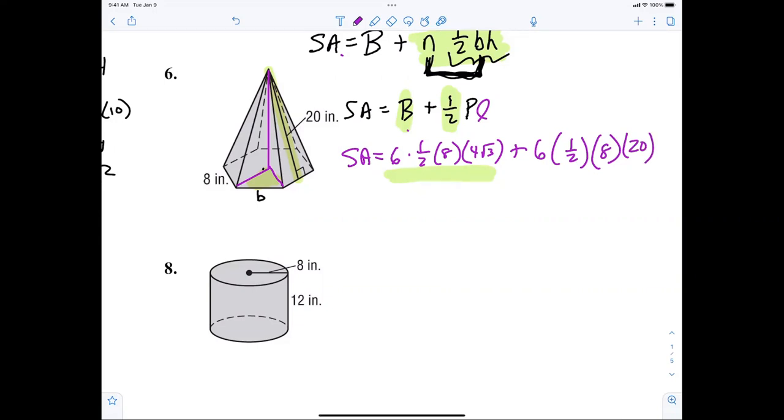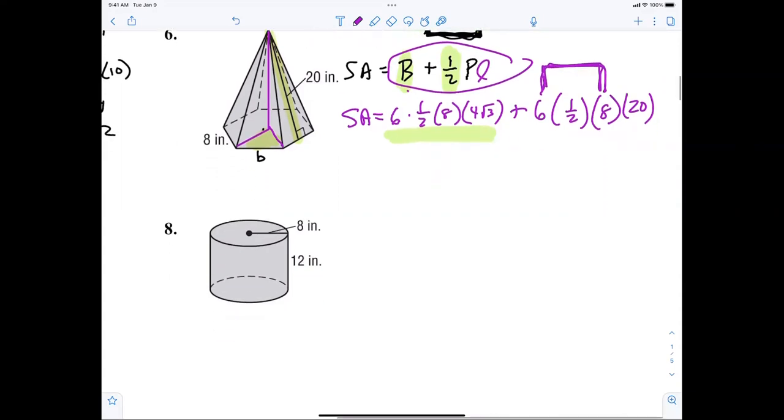Now, do I have to know this formula right here? It's easy if you know the formula, because I could have just written down the perimeter and said the perimeter is 6 times 8. I'm trying to show you that's what this number is right here. That's where the perimeter comes from. I hope that's making sense. So we're calculating now surface area, and we're going to write the exact answer. So surface area is equal to